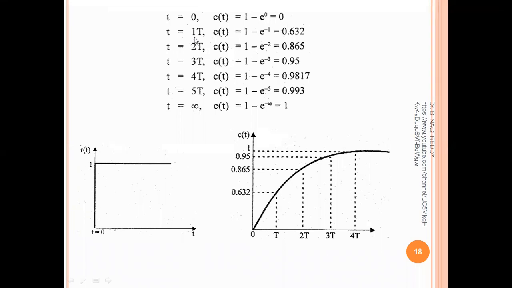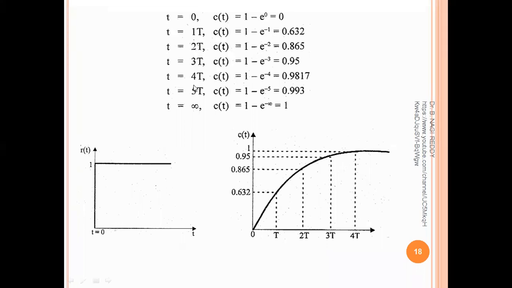And next, if the t value is capital T, remember this capital T determines the time constant. In the first unit also, we have seen the time constant in the servo motors concept, armature control and field control servo motors, where we saw the mechanical time constant and electrical time constant. In the same way, this T is the time constant. So substitute small t as 1T, so t by capital T gives 1, so we will get e power minus 1. So what is the e power minus 1 value? Substitute that, and 1 minus that value gives this one.